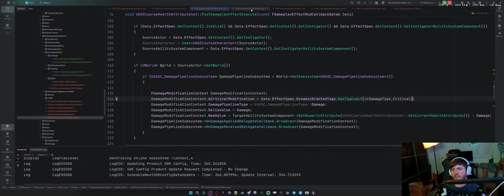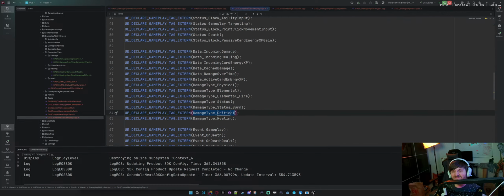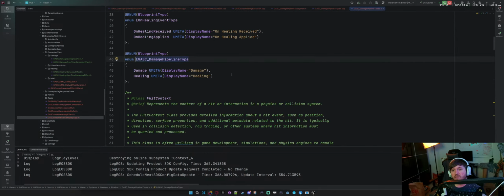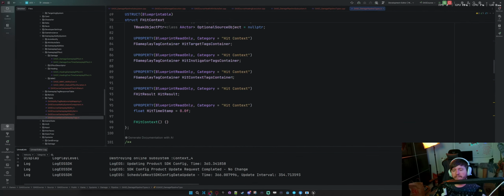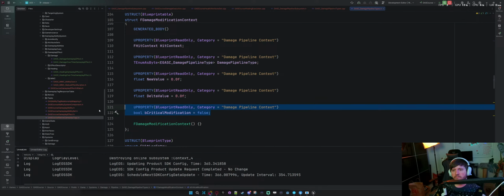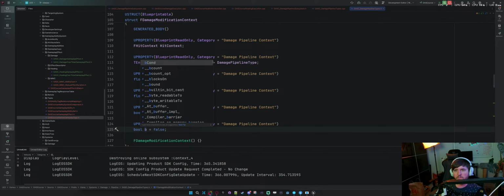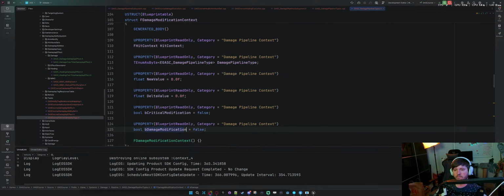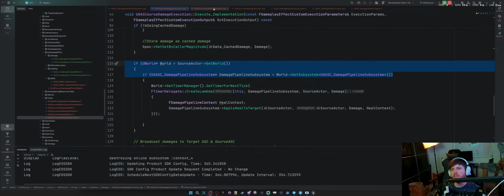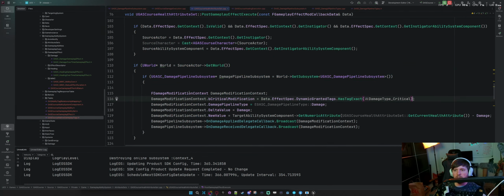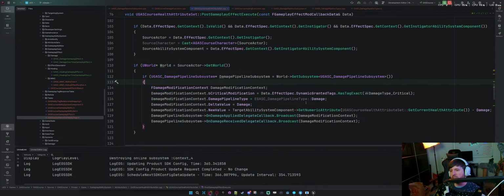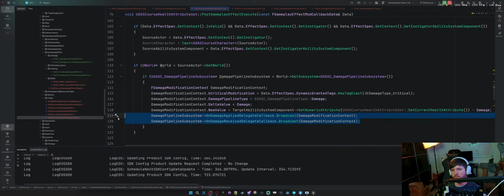Now we'll probably want to check as well if they're dead. We don't need the tags, but in our types. Something like that. We should be able to construct that similarly. So in the health attribute set, we do this. So more or less, a lot of it is the same, except here.